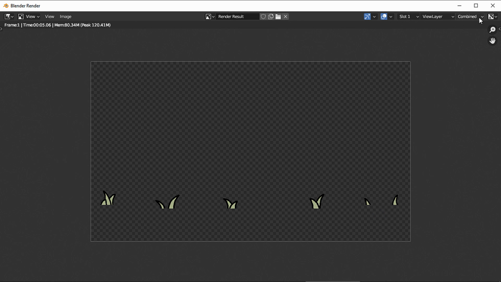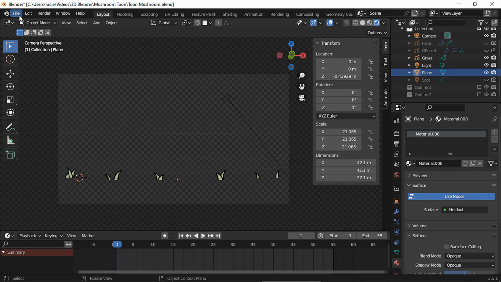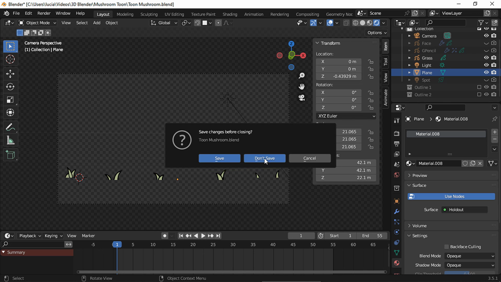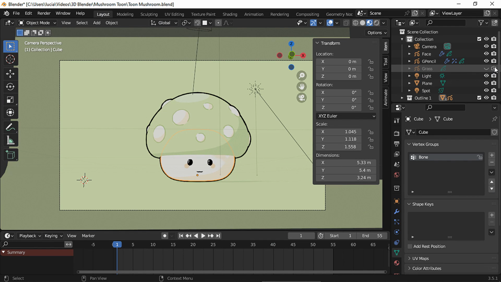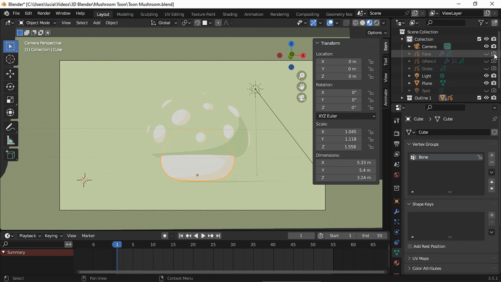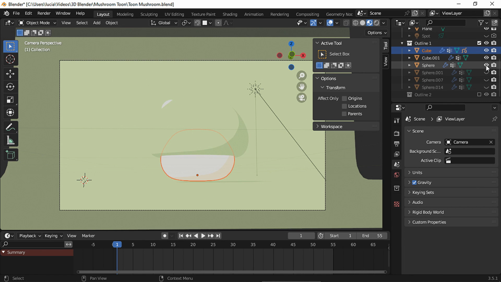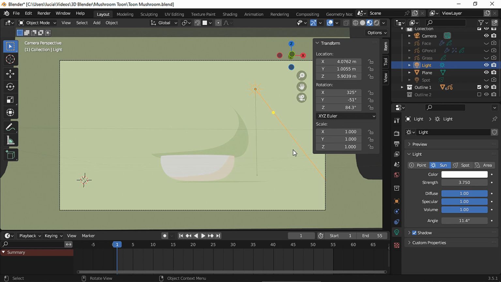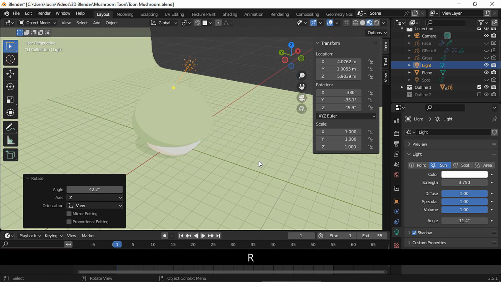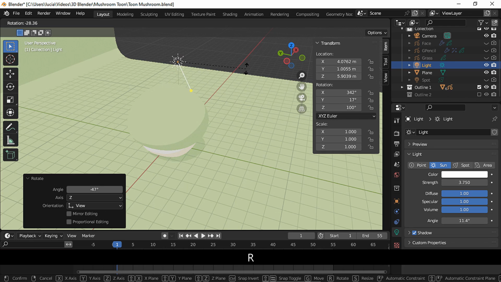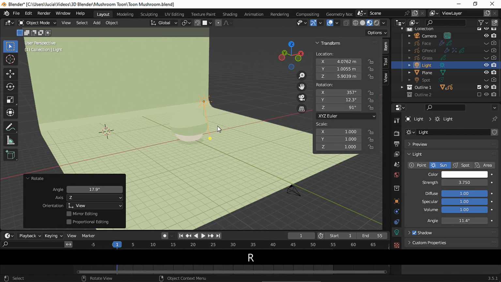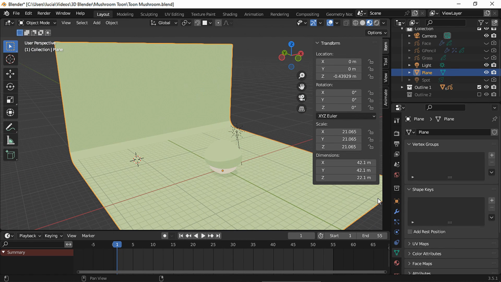Let's open the project again, since we just made changes I don't want to keep. Now I'm gonna render the background with a different shadow because right now I don't like its angle. Disable the grass, the spotlight, the outline, the face and the circles. Now let's take this sun and rotate it until you like the way the shadows on the ground look. Since we rotated the light, now the color of the background has changed.